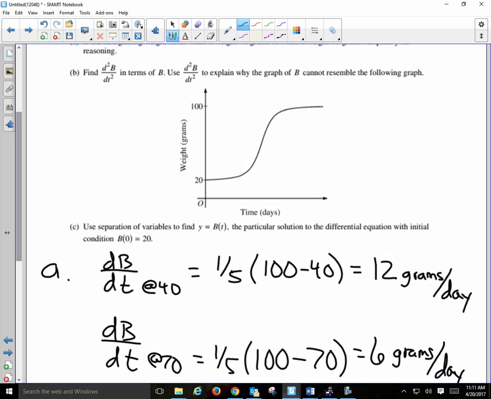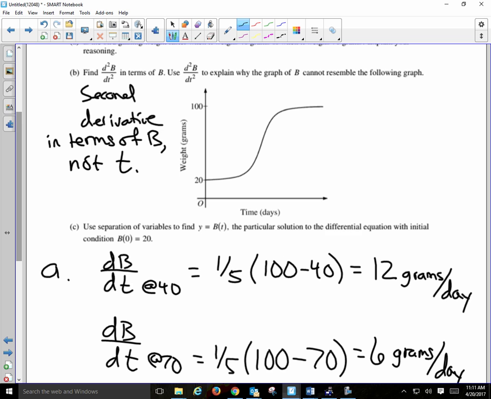B says find this in terms of B and use this to explain why the graph of B cannot resemble the following graph. Let's think about what we're trying to find, okay? What does that mean? Second derivative in terms of B, not T. And that's important